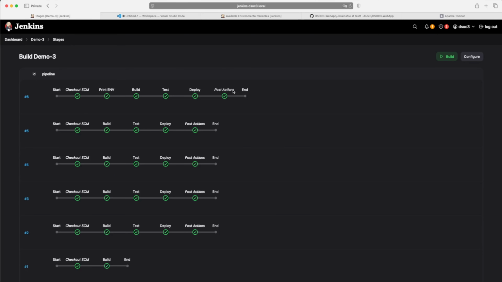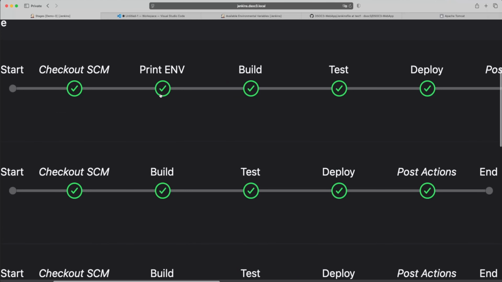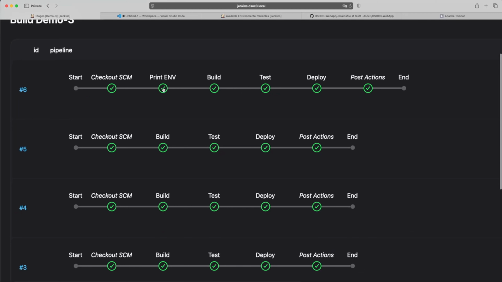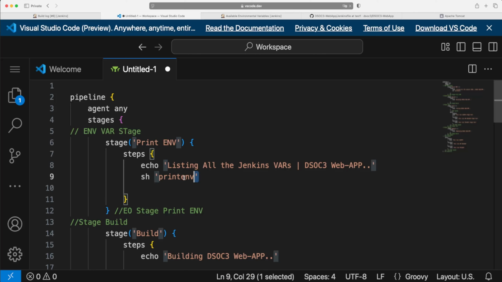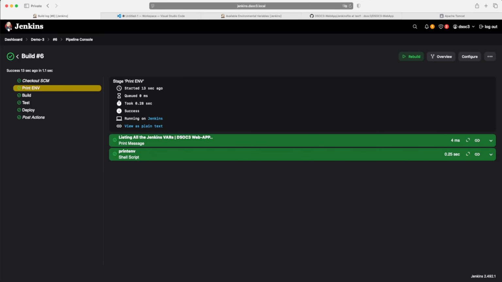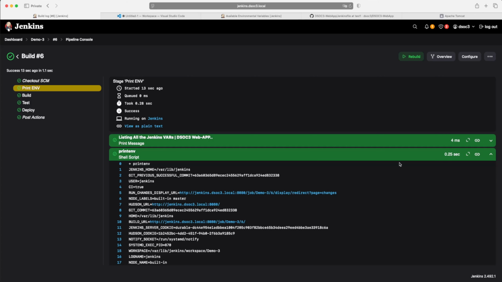Go over here and boom, we got a new stage. This is over here, right over here, right? This is print, and before we did not have this. Let's click on this print environment variable, and we have put this statement over here, sh print env, which is the shell based or the in step. So what I can do, I click on this and let me make it bigger,